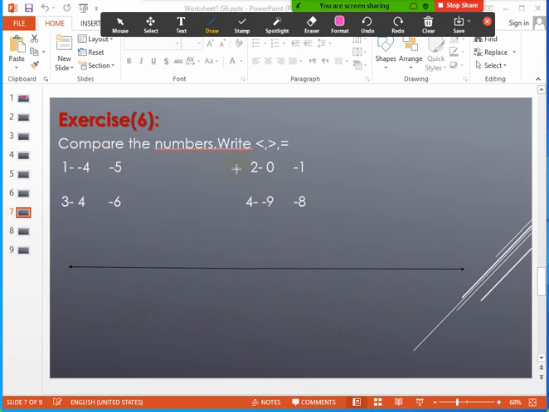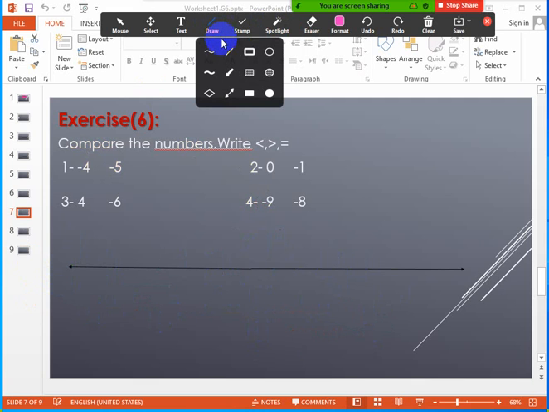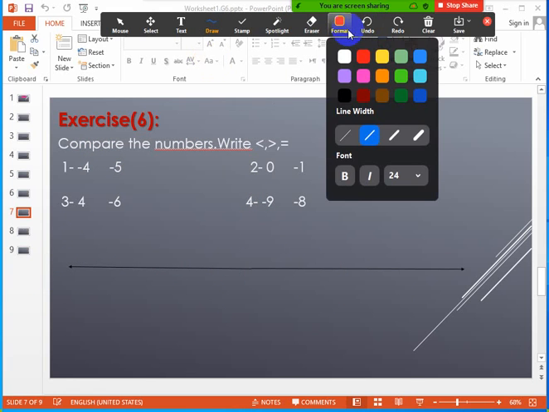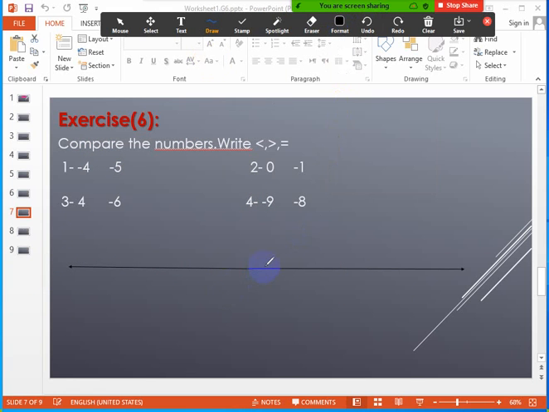Okay, now I want to compare between those two numbers. Let's use the number line in the first one only. I think when you practice on comparing, no need to use the number line actually. You will know the answer. But if you confused in the